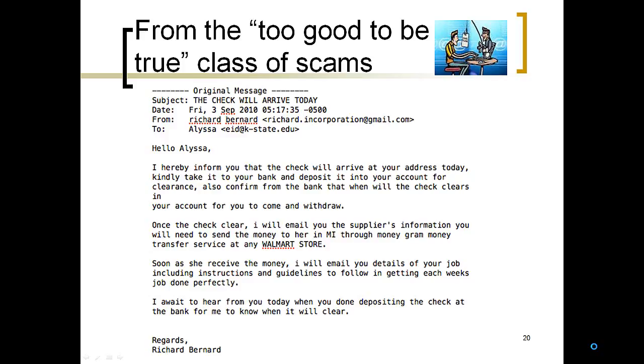So here's the email if you did actually reply to that. I hereby inform you that the check will arrive. They always promise you these checks. You'll need to send the money, and so a lot of these scams, they're promising you a big check if you'll send them a small check of